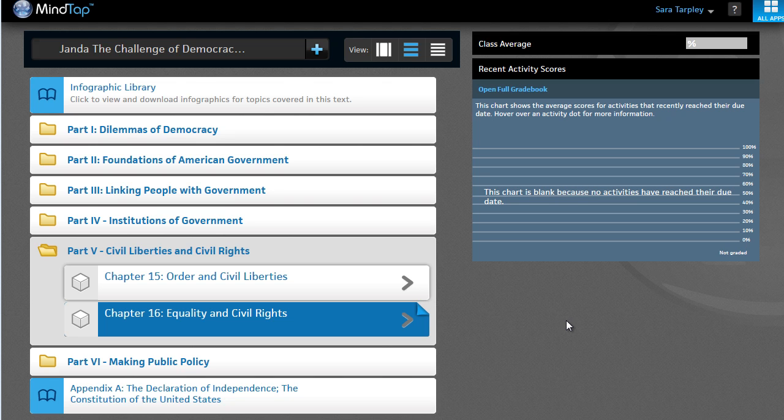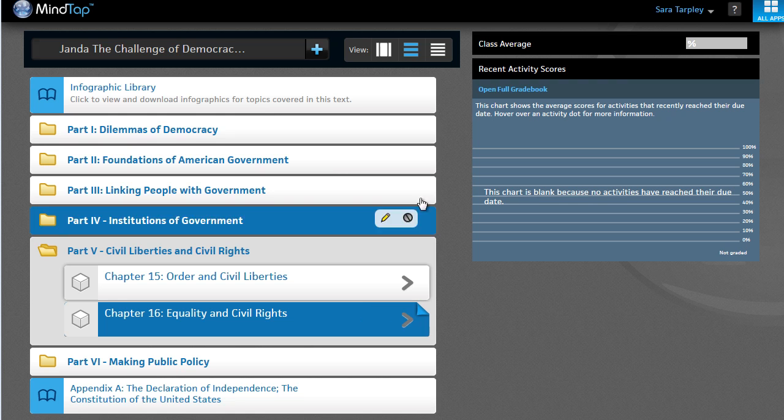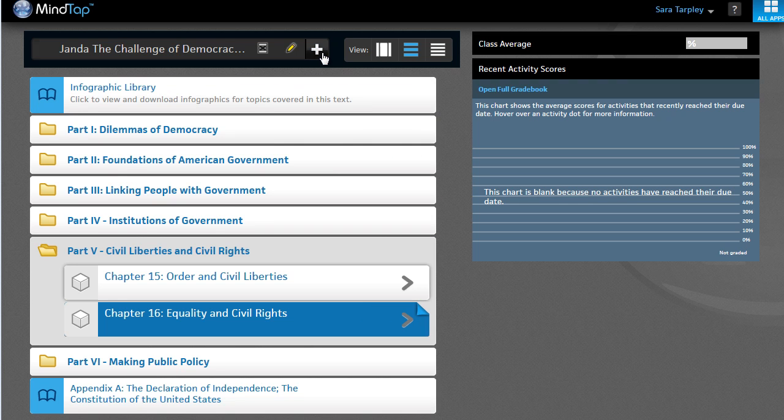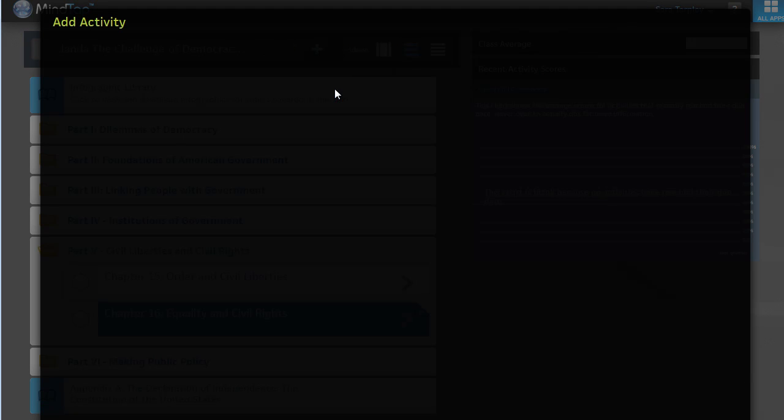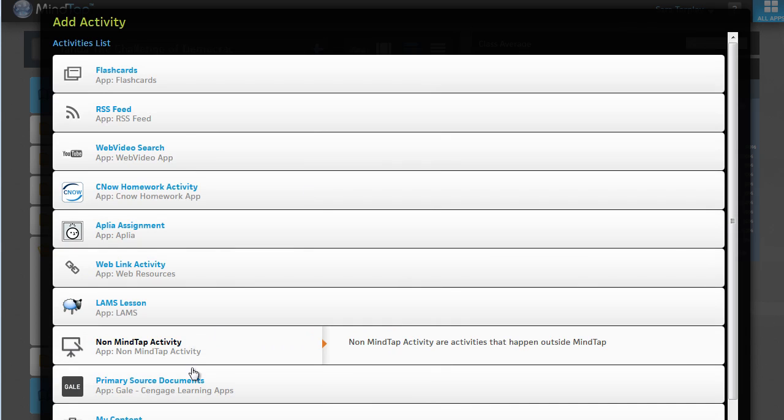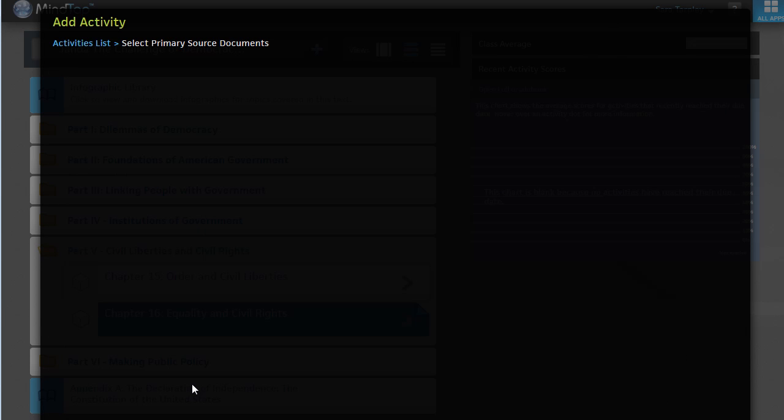To show you an example of how this works, I've logged into my Challenge of Democracy, American Government MindTap course. As you can see, I am in Week 3, Chapter 16, Equality and Civil Rights. If I click on the plus symbol at the top of the page to add an activity, and I choose the Gale Artemis Primary Sources Documents app,